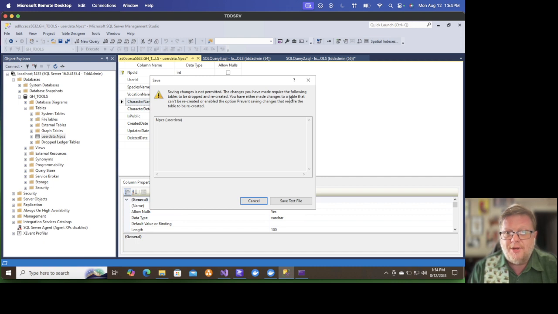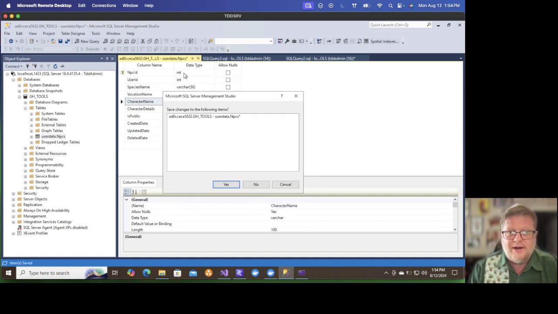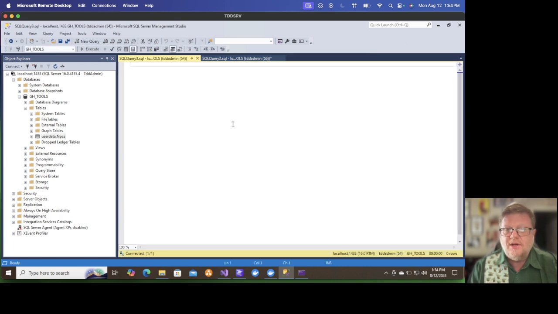Saving changes is not permitted. Can't be recreated, or enable the option prevent saving changes that require the table to be recreated. Blah, blah, blah. Fine. Cancel. Get out of here. No, don't save. I'm just going to have to alter table. I can't use insert. Alter